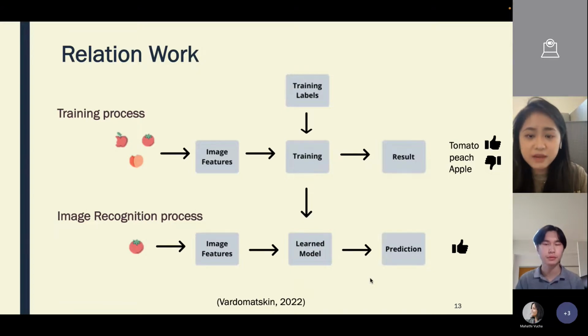On the first line, we can see that after training, the model shows that the tomato is the correct thing and the others are not. The second time I put in an image of tomatoes, the learning model shows that yes, that one is a tomato. So I have changed the dataset to different emotions.